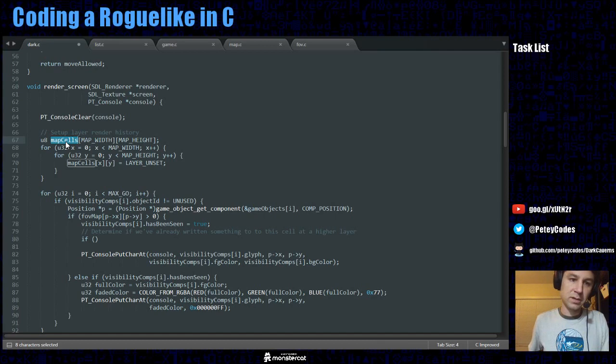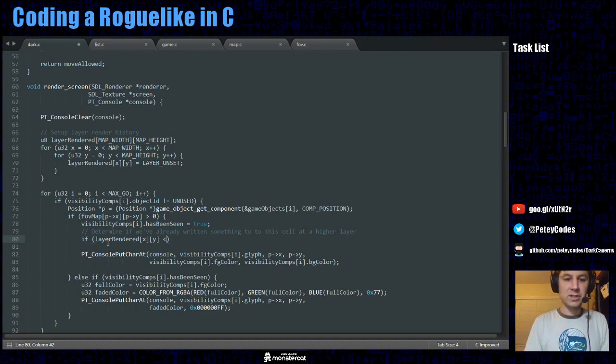So it's going to be, yeah, our layer rendered. So we're going to say if layer rendered at our x and y is, yeah, if it's equal to, we don't need to rewrite to that position,